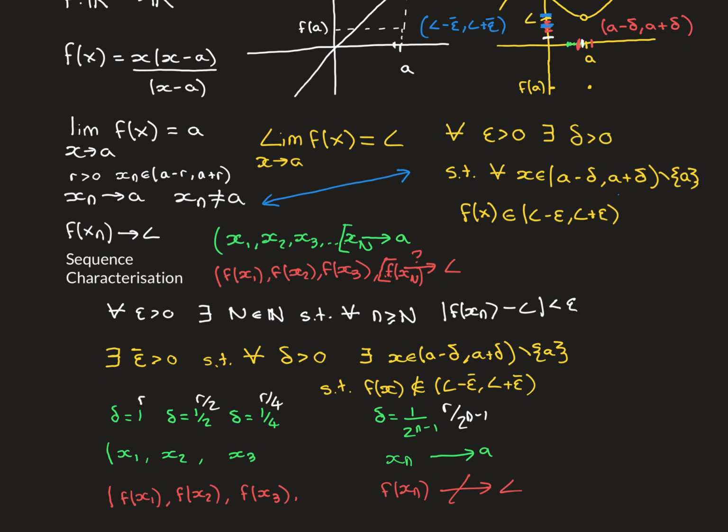Now we're able to do that simply by changing the deltas that we use. Instead of starting with a delta equal to 1 and then halving it, we'll start with delta equal to r, because r might be smaller than 1 now. So we'll start with delta equal to r, then we'll go to r over 2, then r over 4, and so on, halving each time. So for delta equal to r, there must exist some number inside it that is mapped strictly outside of the epsilon bar interval. Pick that number, make that your first term. For delta equal to r over 2, again there will exist something that is not A, that is inside that interval, that is mapped outside of the epsilon bar interval. Make that your x2, and continue on like so.